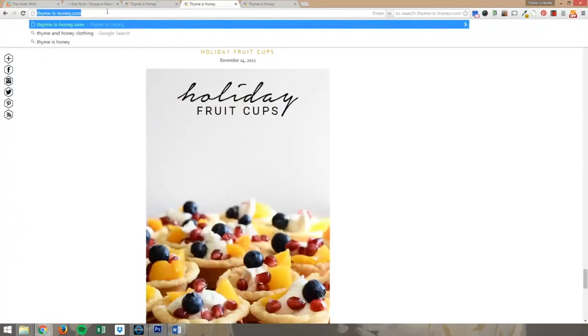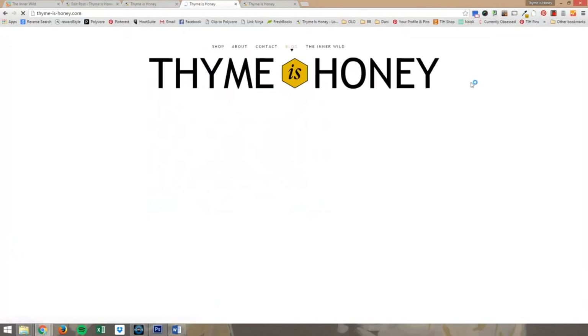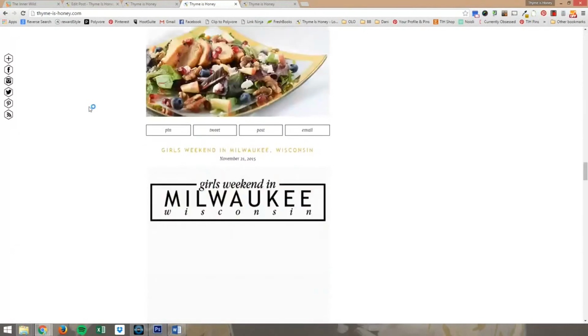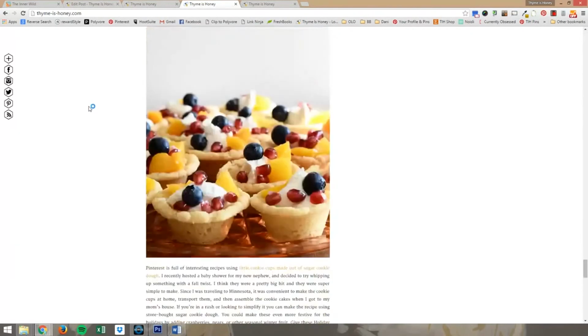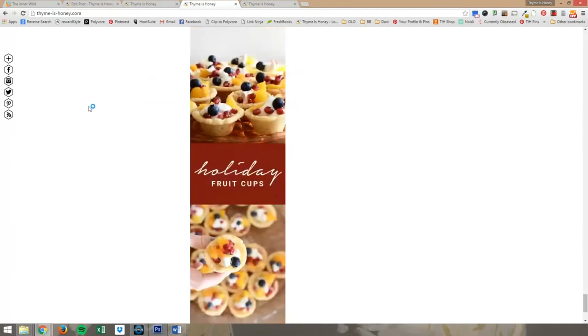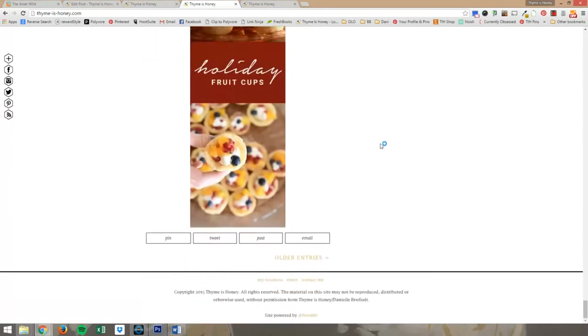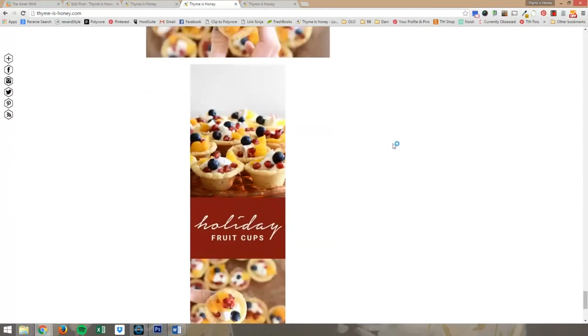If you were on my home page and I had added the image in that way, when you scroll down to that blog post, there's going to be this big long image there that you have to scroll past, and it's not very pleasing to the eye. It's kind of annoying. It's not the worst thing that ever happened,